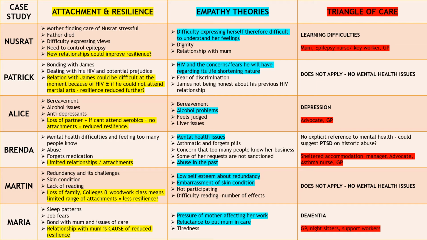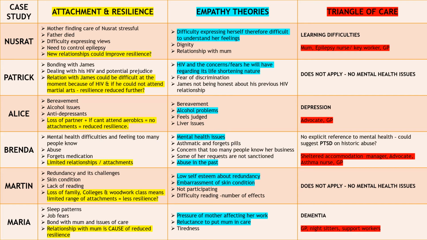And then lastly, with the triangle of care, as you can see on the far right, triangle of care relates to mental health and supporting people with mental health issues. And I thought with Patrick and Martin, there are no obvious mental health issues discussed within their case study. So it may not apply to them, but you can say that if you have chosen Patrick or Martin, you can say the triangle of care does not apply, because you can still explain what triangles of care are, but you can identify that it wouldn't apply to them because they don't have any obvious mental health issues addressed at